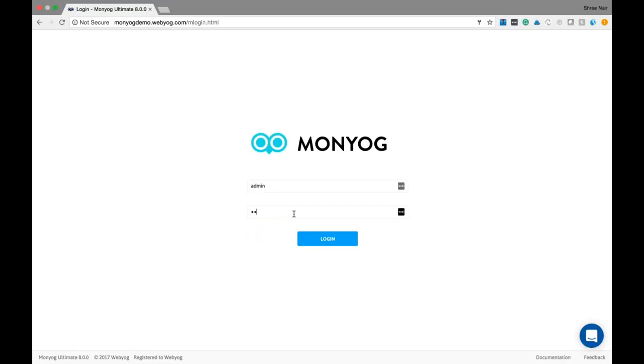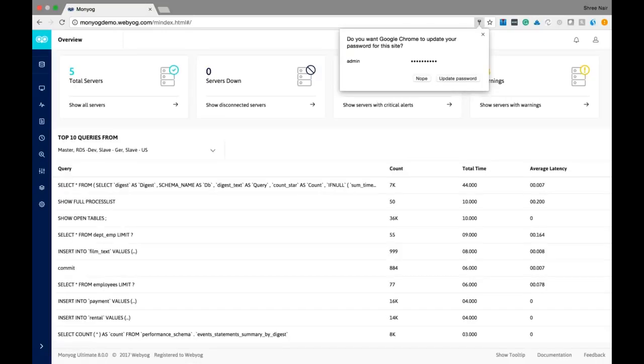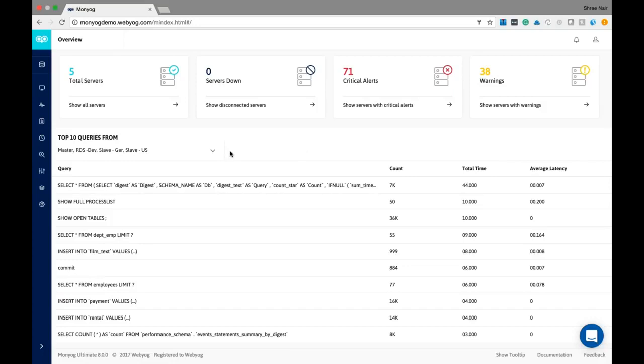So I would just quickly log on to this particular instance. I'm not going to give a complete walkthrough of the tool because that's a different session for a different topic on a different day, but I wanted to quickly show how Monyog does justice to RDS monitoring. So where I wanted to quickly jump over is the